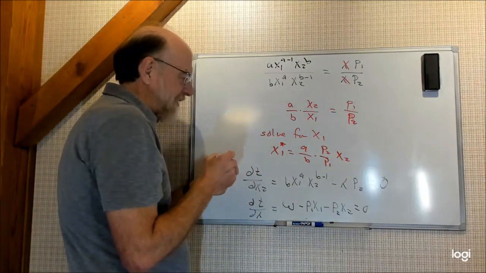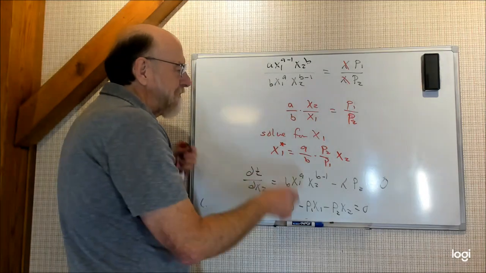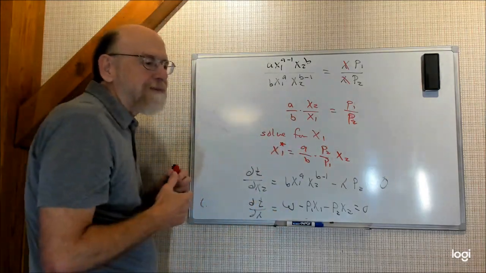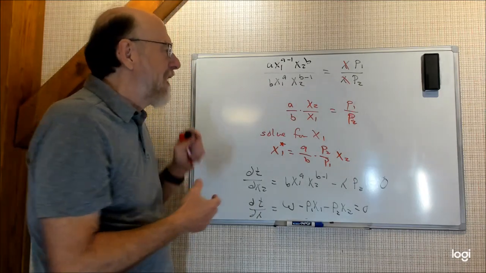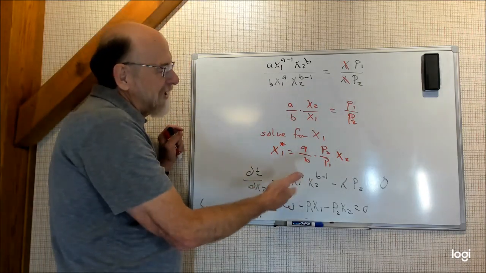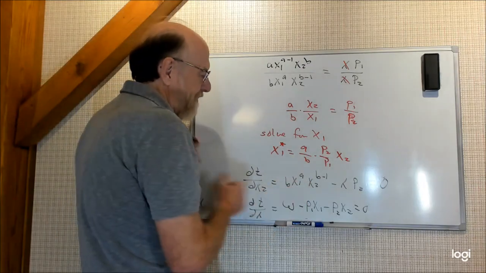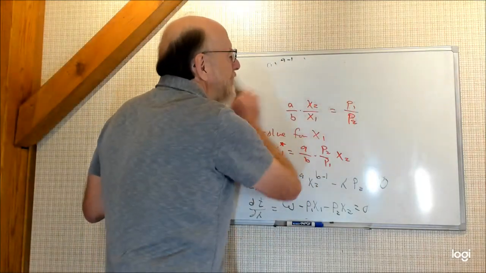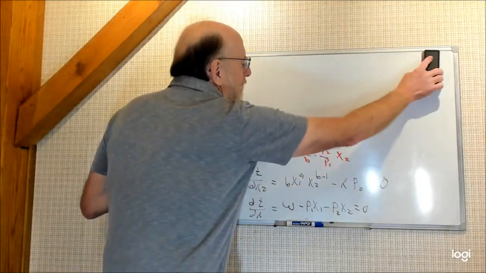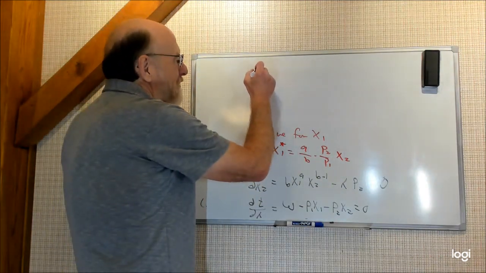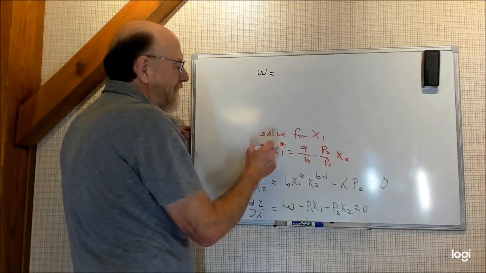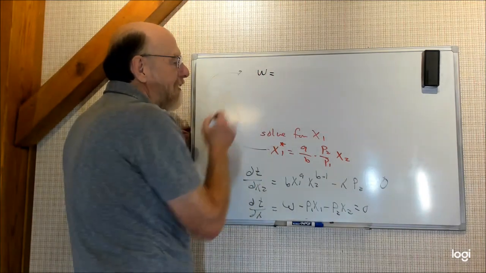Okay, so this term describes the relationship between x1 and x2 along possible budget lines that you might confront. We have a kind of general form budget line that we're going to deal with here, which is determined by this budget constraint. So we can substitute that into the budget line to get